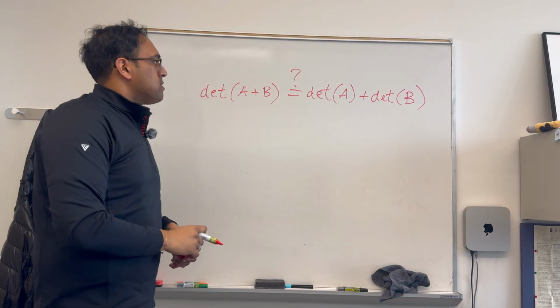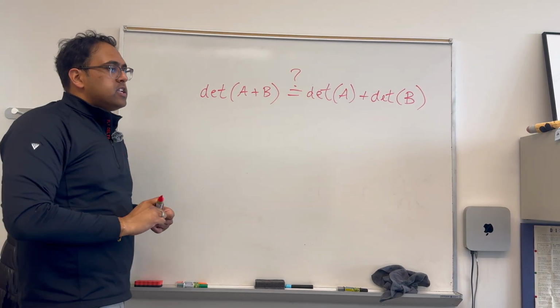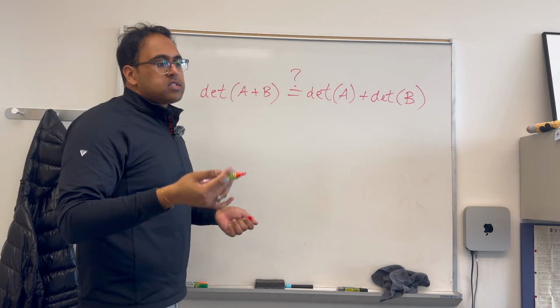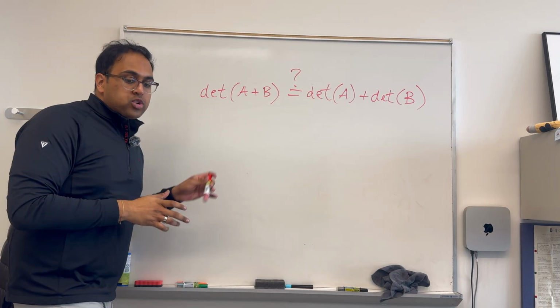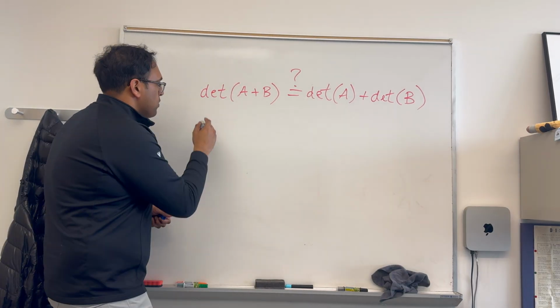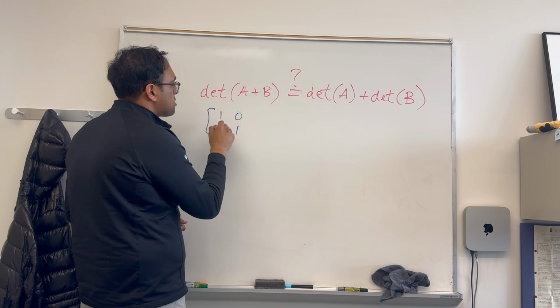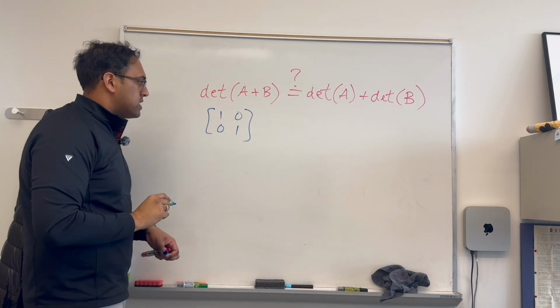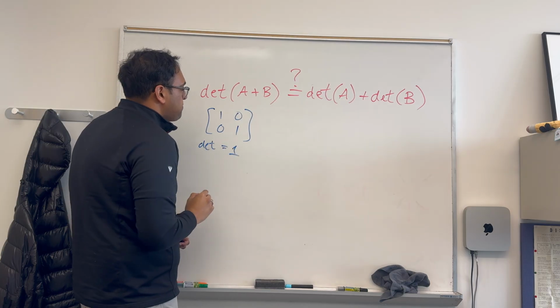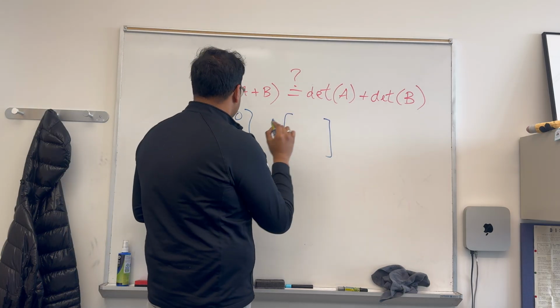Well, let's see. My initial guess is, why don't we try and think of examples or counterexamples that may try and trick this formula, which would give us an indication that it's not true. So why don't we start with the simplest possible 2 by 2 matrix, the 2 by 2 identity. Its determinant is 1. And then why don't we look at